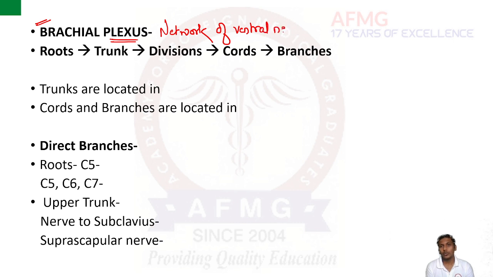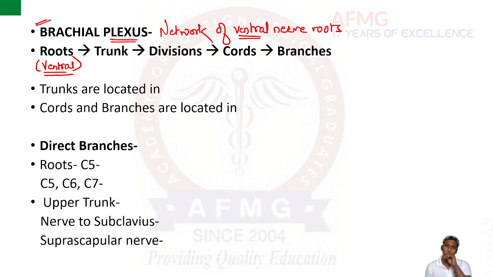I hope it is quite clear with everybody that from the vertebral column there are some nerve roots which exit. Okay, these are known as your spinal nerves. These spinal nerves usually have some ventral nerve roots and also the dorsal nerve roots, but brachial plexus is only and only made up of these ventral nerve roots. So please remember, they can always ask you, brachial plexus is only made up of ventral nerve roots,